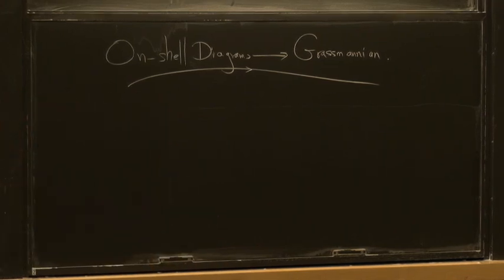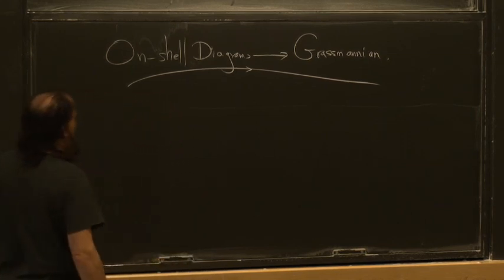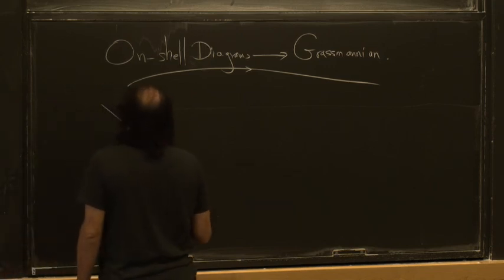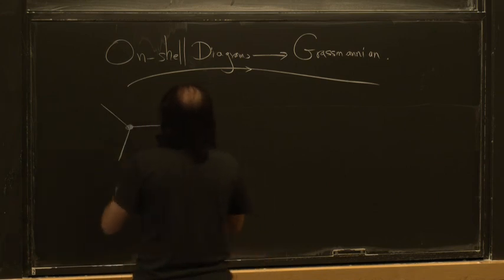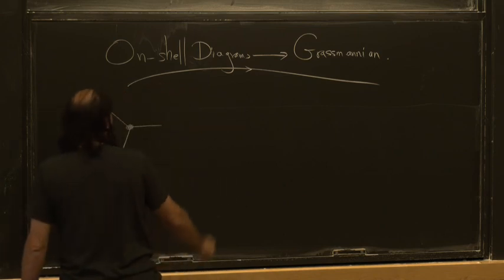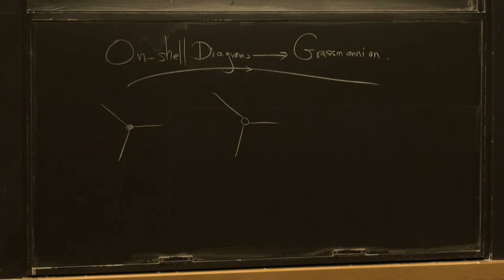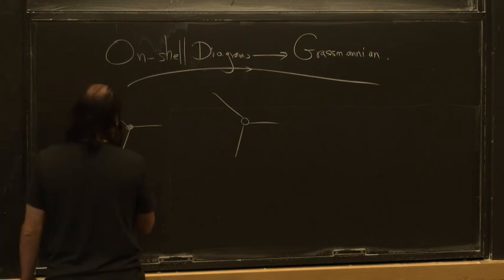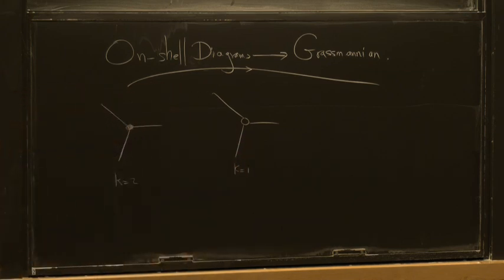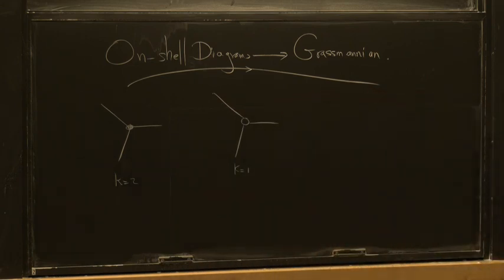Today we're just starting with a very practical exercise. We're trying to learn how to glue together on-shell diagrams. And let me remind you again that we're starting with our basic 3-point amplitudes. I won't write down the concrete formulas, but supersymmetrically, we have the k equals 2 and the k equals 1 basic 3-particle amplitudes. And the most direct thing we'd like to do is learn how to glue them together to make pictures